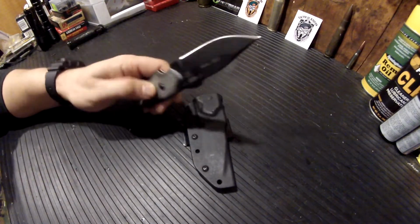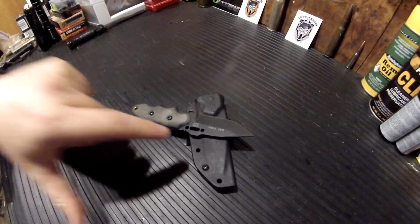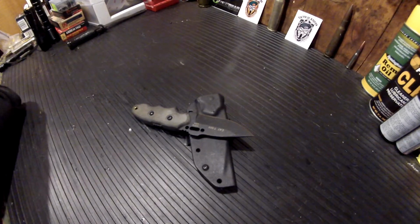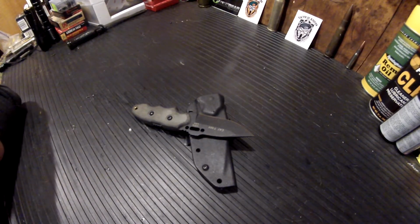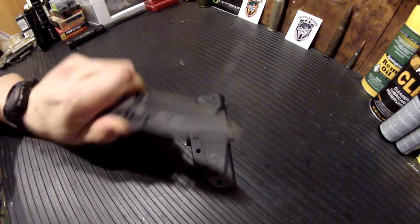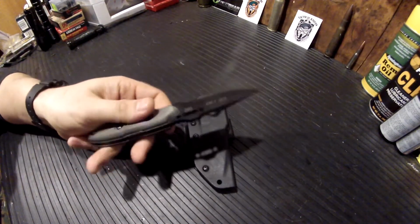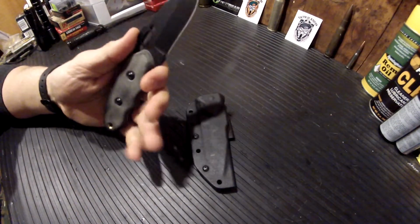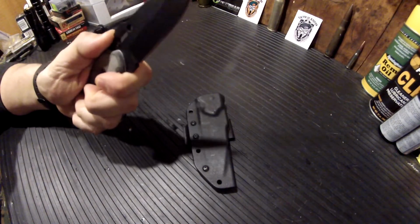I've been carrying it for the past 2 weeks now. I even carry this fucker in the gym. The comfort of it is a huge surprise. Even in PT clothes, very concealable, doesn't weigh down. It's nice and light. Micarta handles, very comfortable. Outstanding blade control. Got the jimping, finger grooves, and the Micarta handles are outstanding. I have yet to have a knife with these handles, and looking back, I'm surprised I didn't look into it